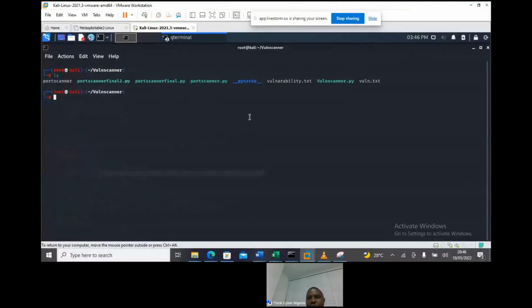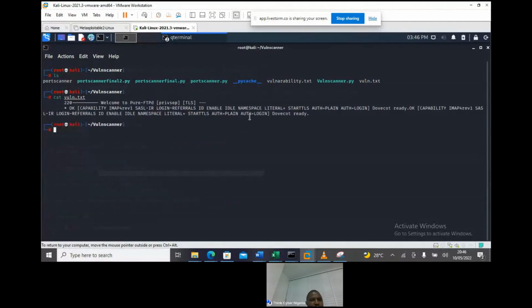Now I have copied it, cat vuln.txt. So you see that is what is in it. I have actually moved it to this folder, so I don't need to list directories. I just list the site.